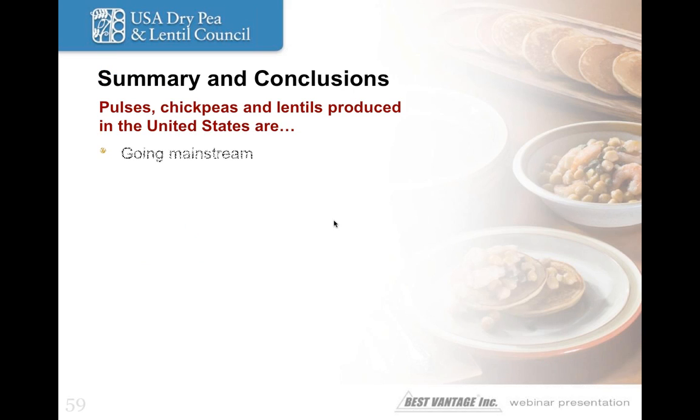Looking at some model beverage formulas that were developed, looking at a combination of pea protein isolate and water with flavorings, and some very simple mix instructions, you're able to develop a beverage that offers 16 grams of protein per serving, which makes it an excellent source of protein. For beverages and smoothies,